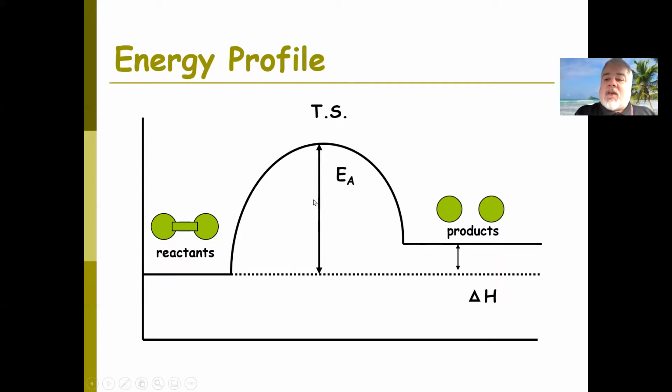It's not a straight line. You have to get over this activation energy hump. If a catalyst is present, it lowers the activation energy. So to go from reactant to products, boom, you have a much lower hump to get over. It happens much easier, much quicker, less energy required.